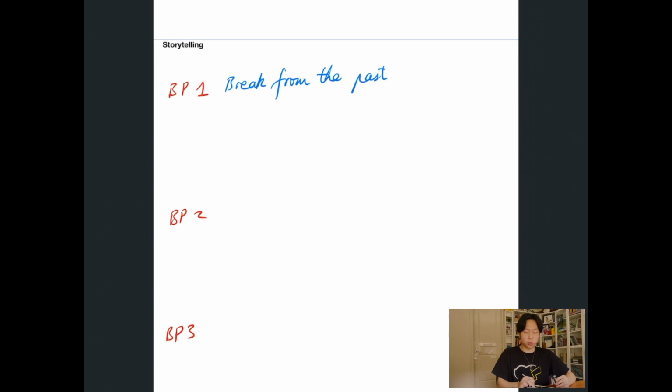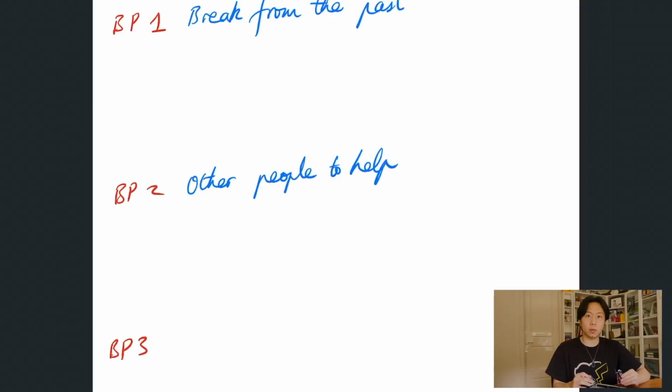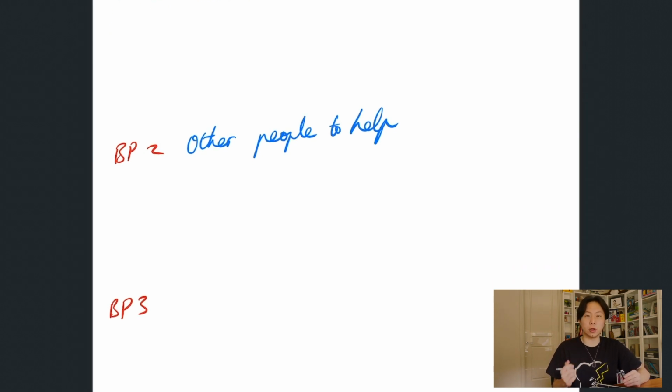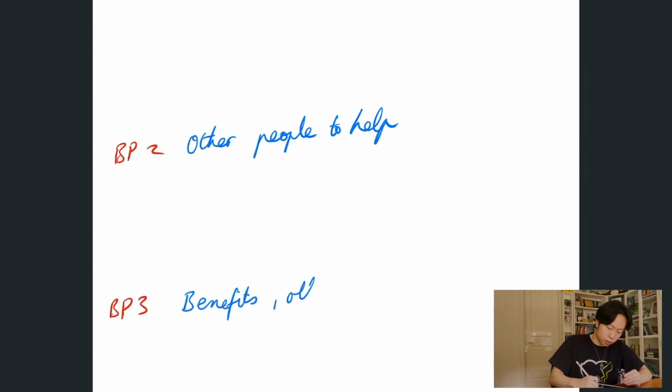But to successfully tell a story, you also need other people to help you. Once again, with this third body paragraph, it would be something about, through creating your own story, you're able to bring closure, you're able to connect better with the people around you and also with yourself. So benefits, others